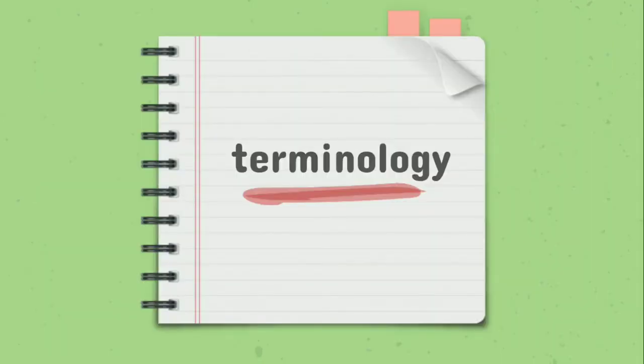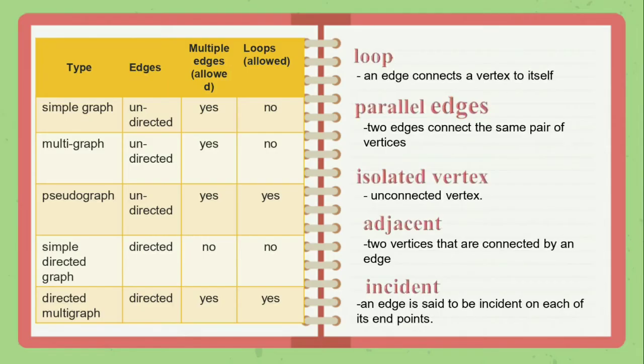So we've come to the terminology of the graph we've learned. The first type of graph is the simple graph. A simple graph consists of undirected edges and multiple edges. However, in a simple graph, no loops are allowed. And for the